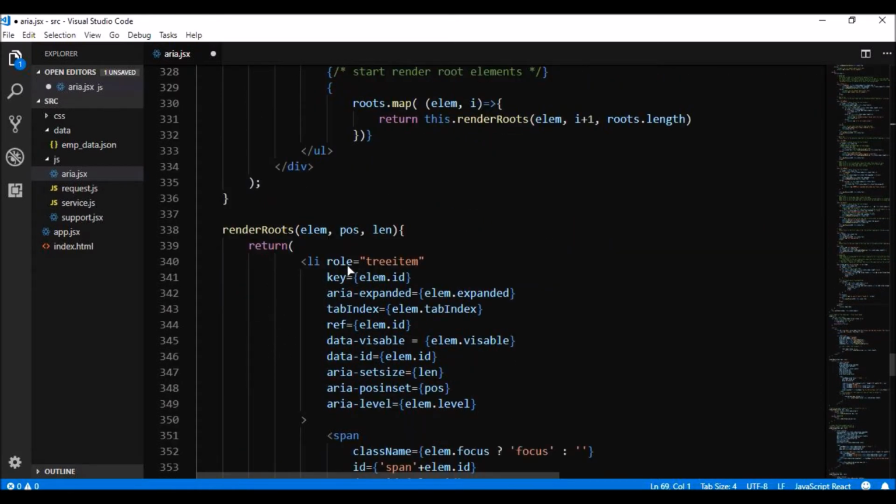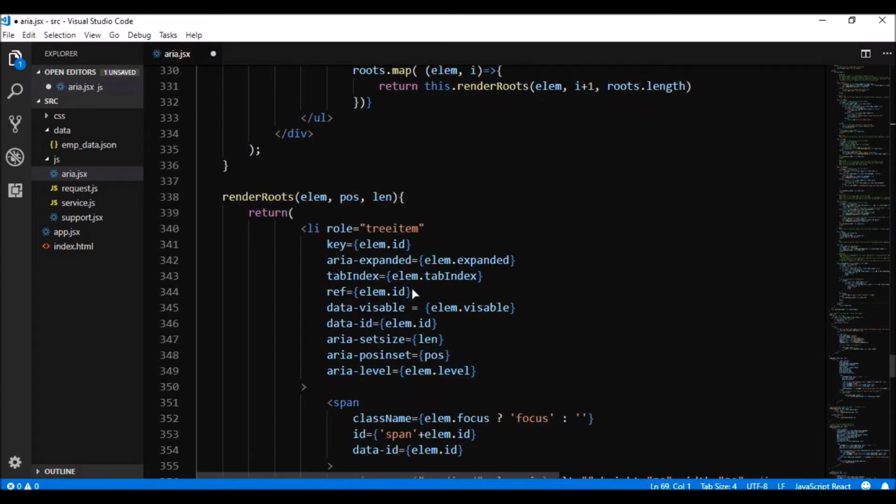Then the items within the tree are tree items, and they have ARIA attributes of the size. So this is the length of the element. These root elements, I only had 2 of them, so this would be the number 2. The aria-posinset would be number 1 because it's the first element, and then the aria-level would be number 1 because it's the first one. And then